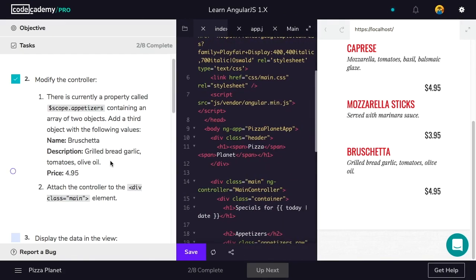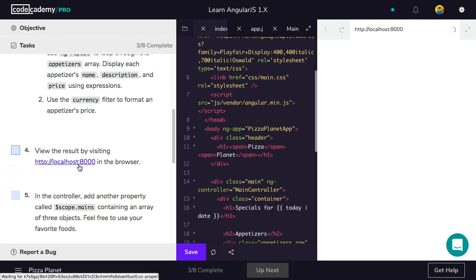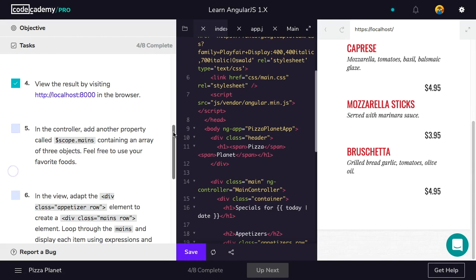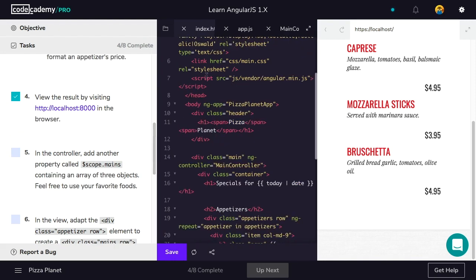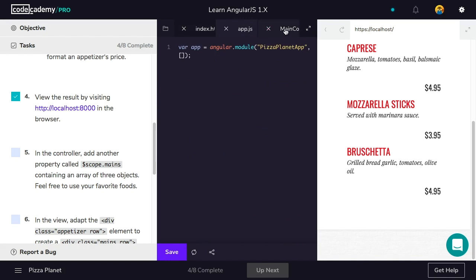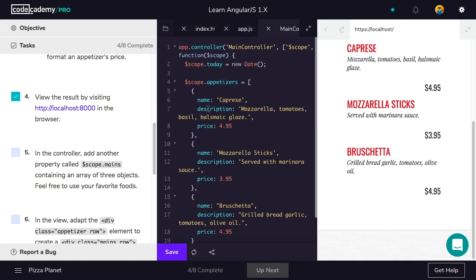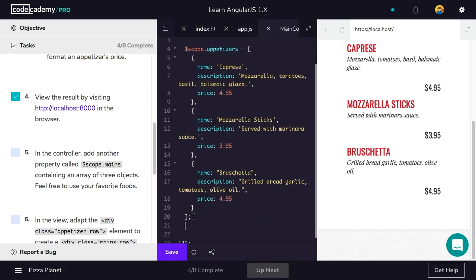All right, so we've got that out of the way. Step 3 is done. Step 4, view the results. Okay, that was an easy step. Step 5, in the controller, add another property called scope.mains containing an array of 3 objects. Feel free to use your favorite foods. All right, so go over here to our main controller,